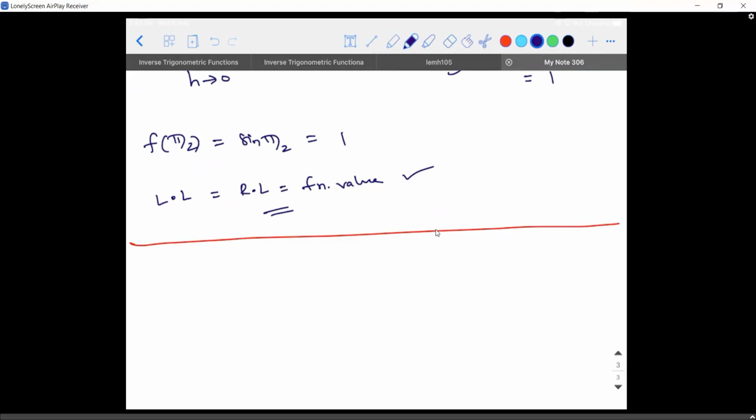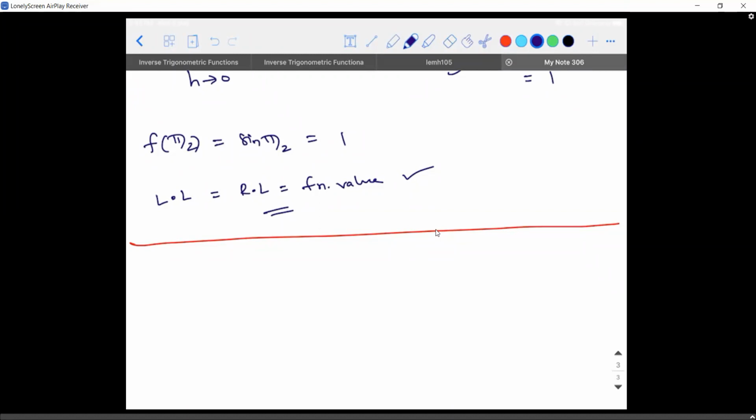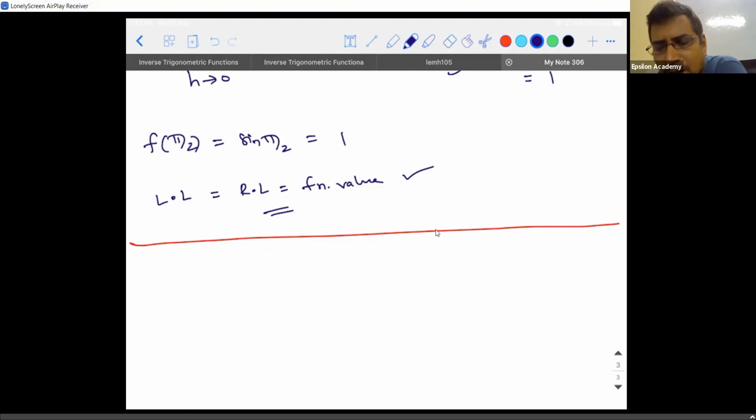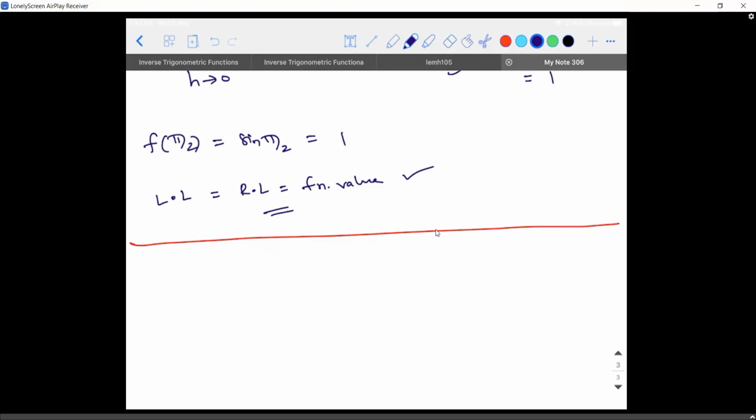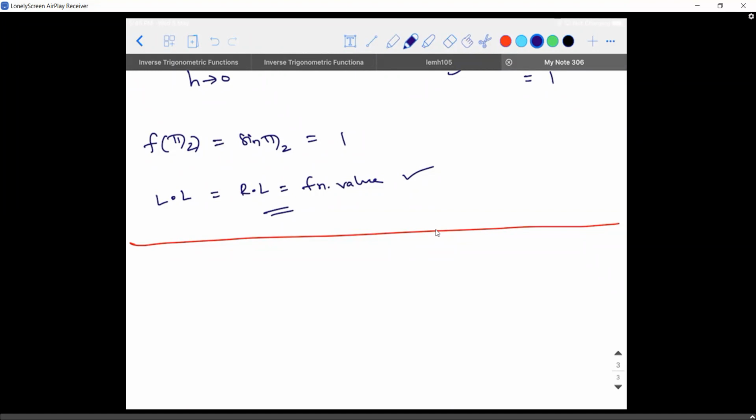How do they find the range, sir, for sine functions? Function value is exactly the value at that point. Like sin x is minus 1 to 1, minus pi by 2 to pi by 2. Can you repeat your question? Sir, for sine, the range is minus 1 to 1 and minus pi by 2 to pi by 2. It's the same only, sir. In this case, correct. So this is how they find that.